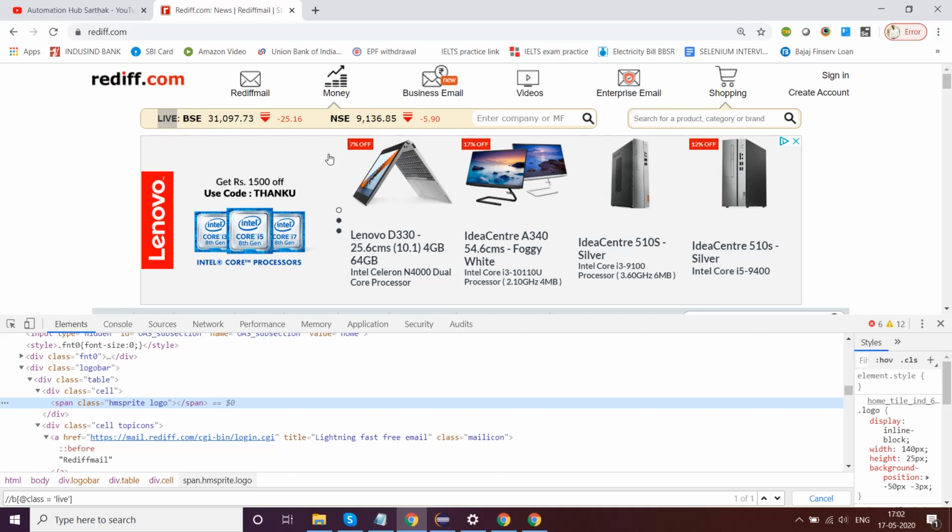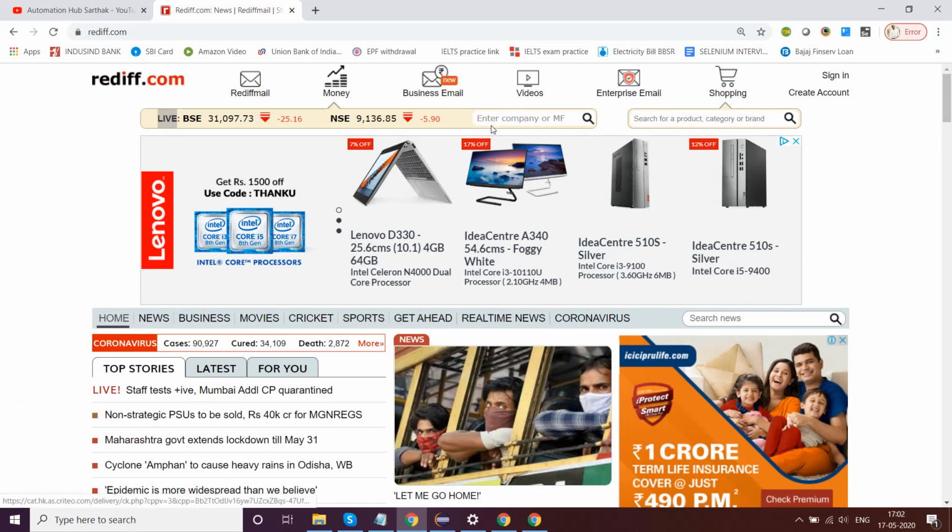That is why there are a lot of things which are failing. But certain text which are static in nature will work fine. Similarly, you can try for this particular search box. What is written inside of here? Enter company or MF. So if you try to get text of this particular search text box, you will not be able to retrieve enter company or MF.